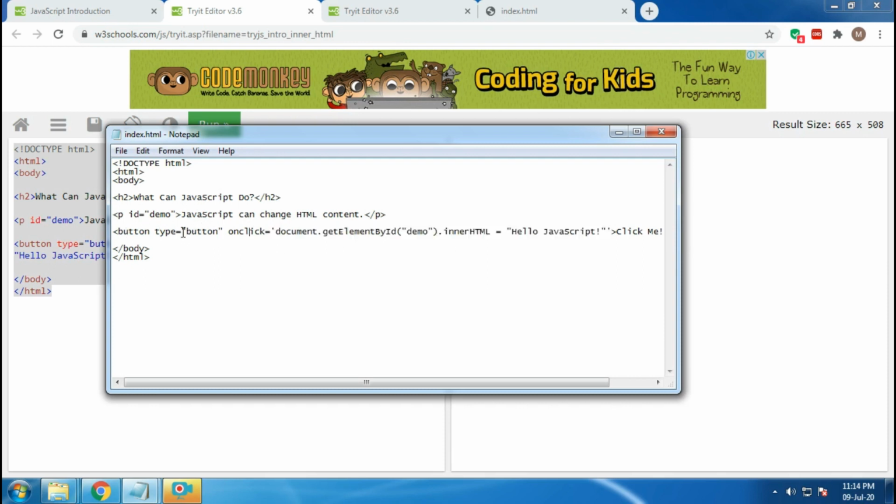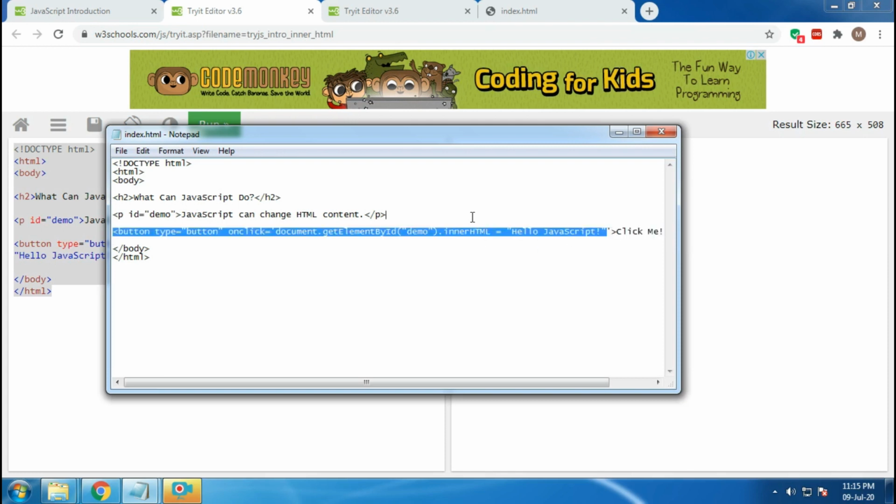This button tag is now very long, as you can see, and this is not maintainable if you have to write multiple lines of code. So this is not recommended in the ideal way. There are some practices, so you don't have to include it here.